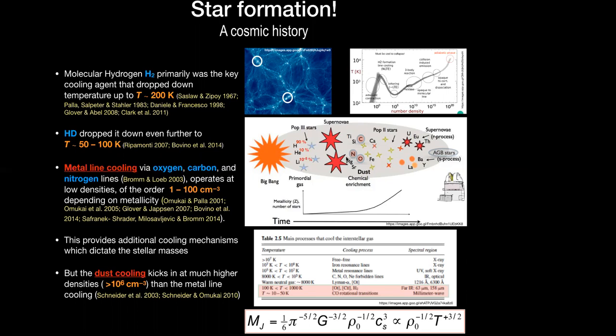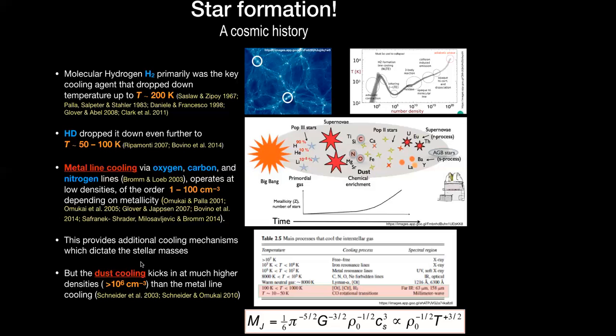And along with these metal cooling agents, dust was also created within the supernova explosions. So dust was also one of the major ingredients which can provide the cooling. So cooling remains fairly important because it helps the gas to collapse to form stars. So this overall picture gives us the idea that H2 actually allowed the first generation of stars to come into existence. Then later on, the metals were formed and they were present in these star forming regions, and they were providing the cooling, and then also the dust, which is providing an efficient cooling mechanism.